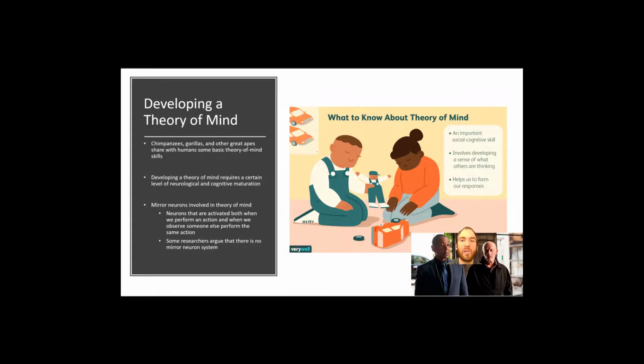And mirror neurons were one proposed neural mechanism by which theory of mind is manifested behaviorally, but other researchers, and there's real solid evidence, I should say, that there is no mirror neuron system, and it's a vast simplification, but it's in the textbook, so I'm presenting you with that information. Anyway,